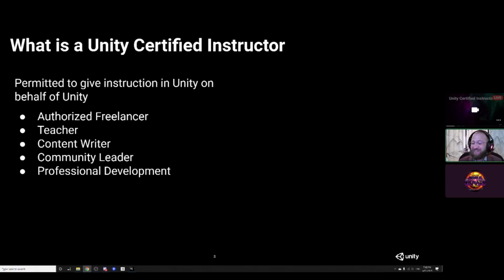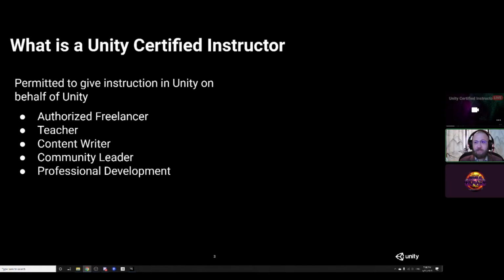So, what does that mean? If we talk about it in terms of a certification, what this means is that you have passed 2 different certifications. I'll explain what those are in just a bit. Then if we talk about it in the form of a role, basically it means that you're permitted to give instruction in Unity on behalf of Unity Technologies.